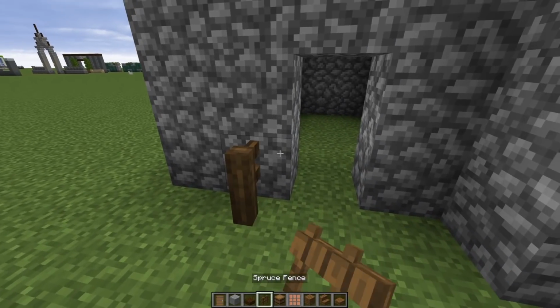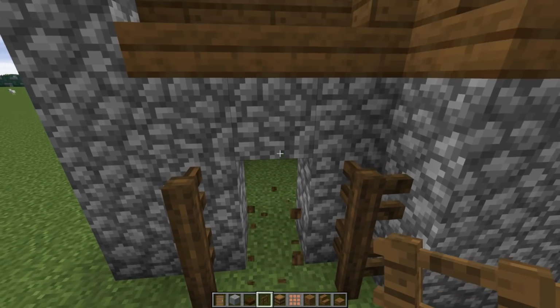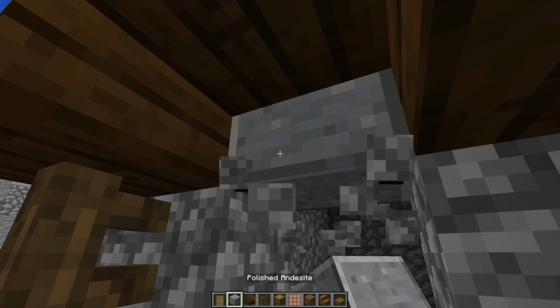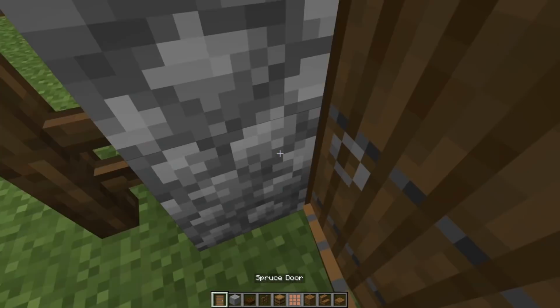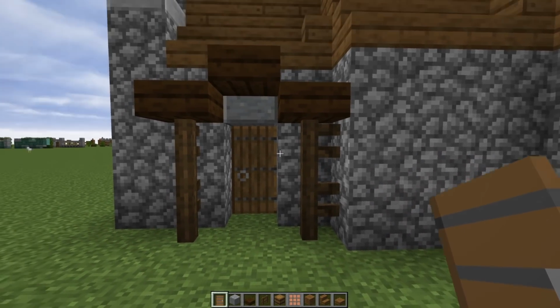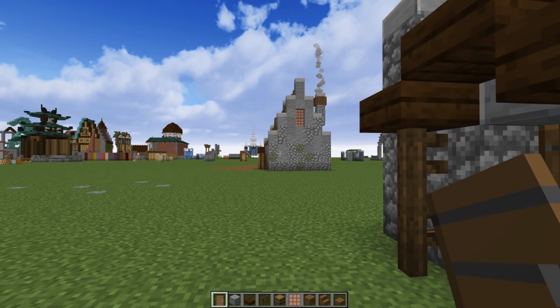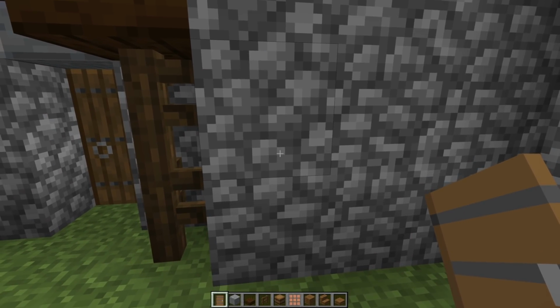Now the details for the front of the house are pretty easy since it's not too much going on in here. And all we do is these guys right across here. One thing I like to personally do on door frames is throw a polished andesite up there if you're using a stone wall or something like that, because it makes it look a little bit more fortified. But anyways, one interesting one is on the original build, if we're taking this as an exact clone of that,